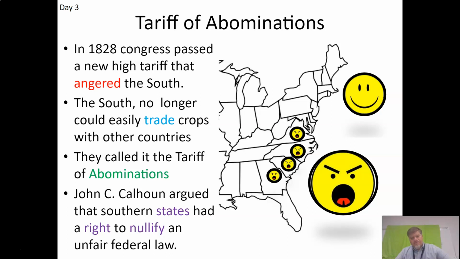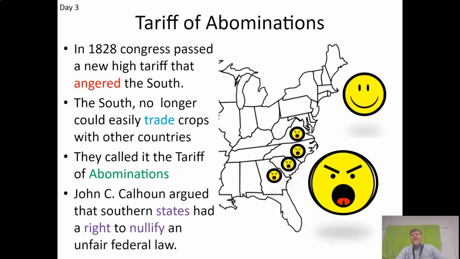His vice president, John C. Calhoun, argues that Southern states have the right to nullify or cancel the law. And so Jackson is really upset about that. He says, no, you can't do that. He says, I will send the army there to force South Carolina to collect that